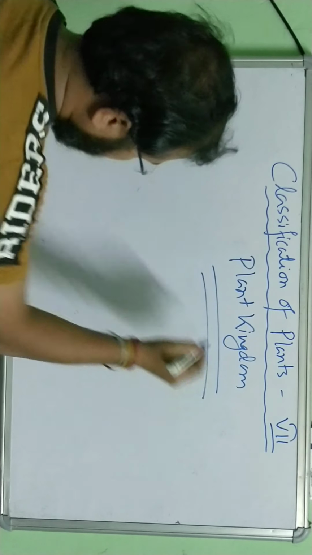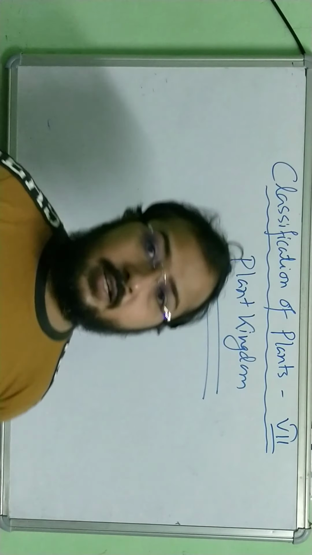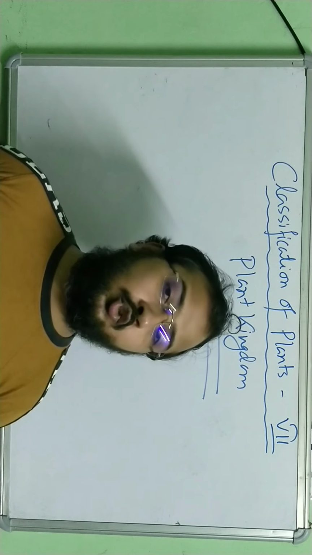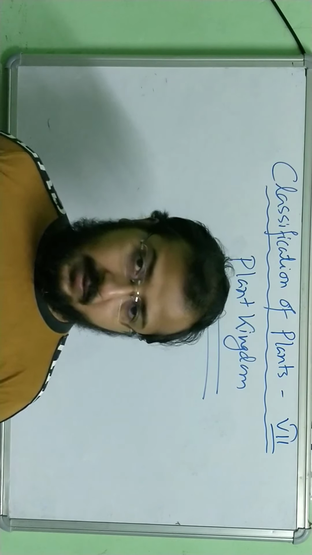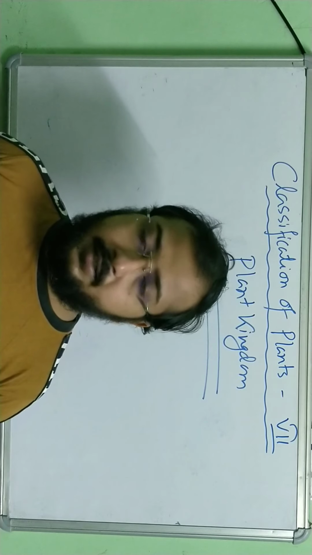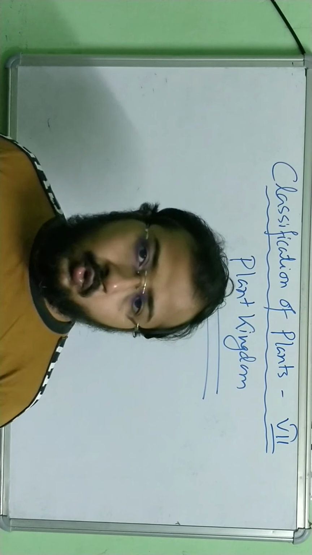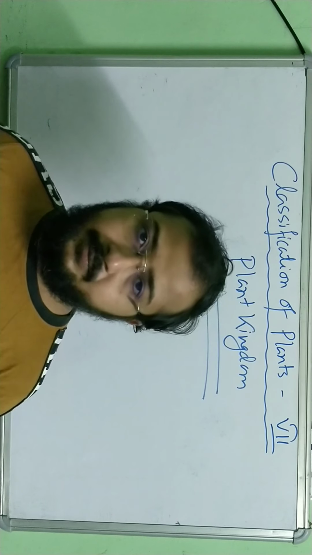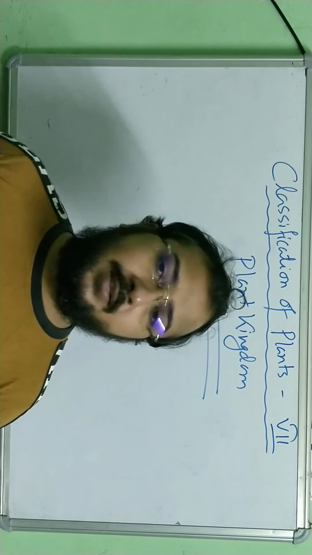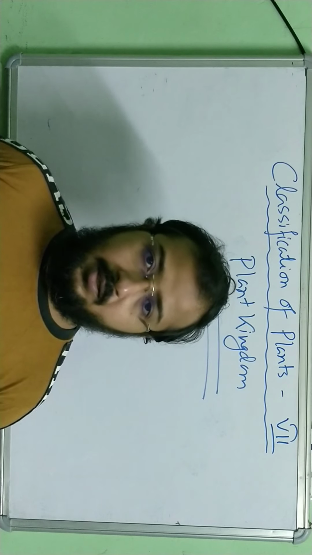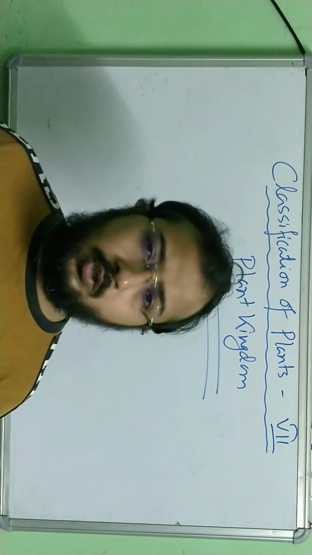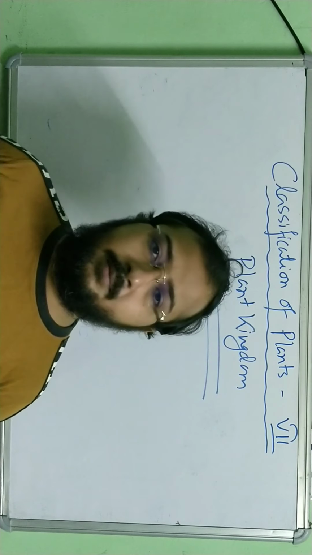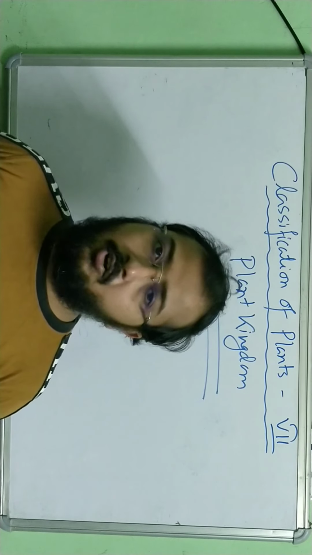If you remember the flowchart, the first is Thallophyta. The group of plants that come under the Thallophyta group are known as algae. They are all aquatic. They don't have any root, stem, leaves, nothing. Spirogyra is a very good example of algae. They don't have stem, root or leaf, but they have chlorophyll. They can do photosynthesis. A very simple explanation of algae or Thallophyta.